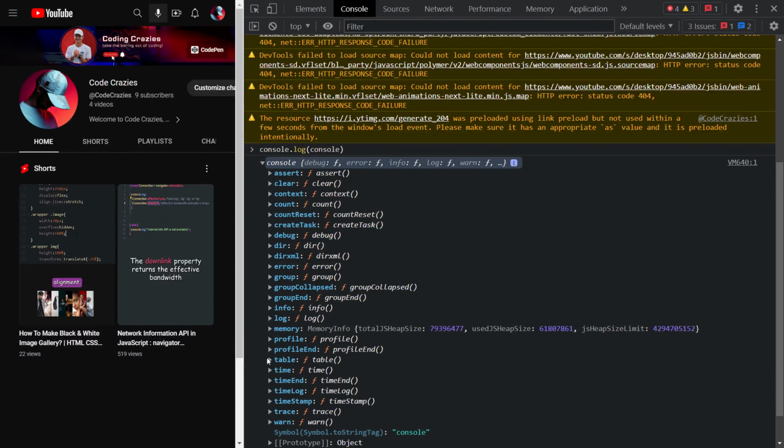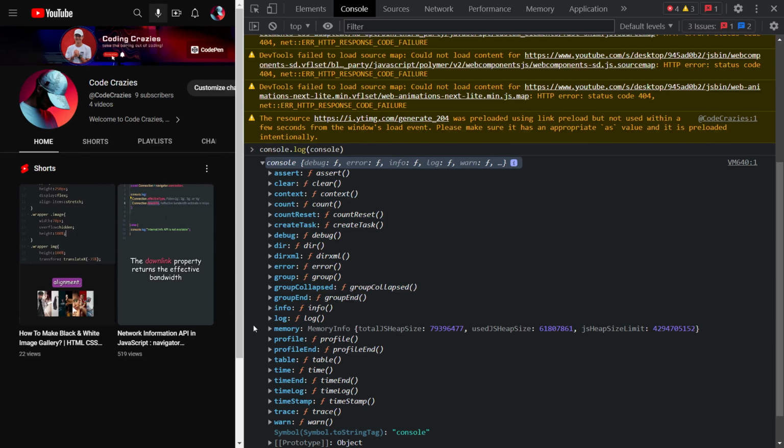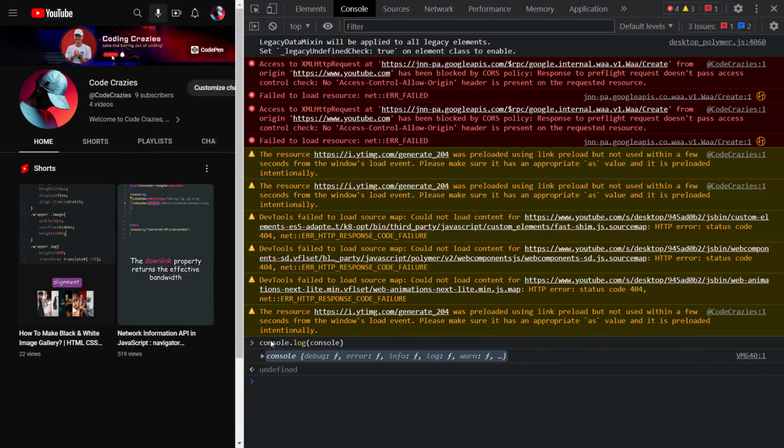Knowing these console methods makes our lives as debuggers, developers, so much easier. But first, we don't want our console to look like a mess, so don't forget to get rid of the console logs of your code before production. You can make sure of a cleared console using the clear method.